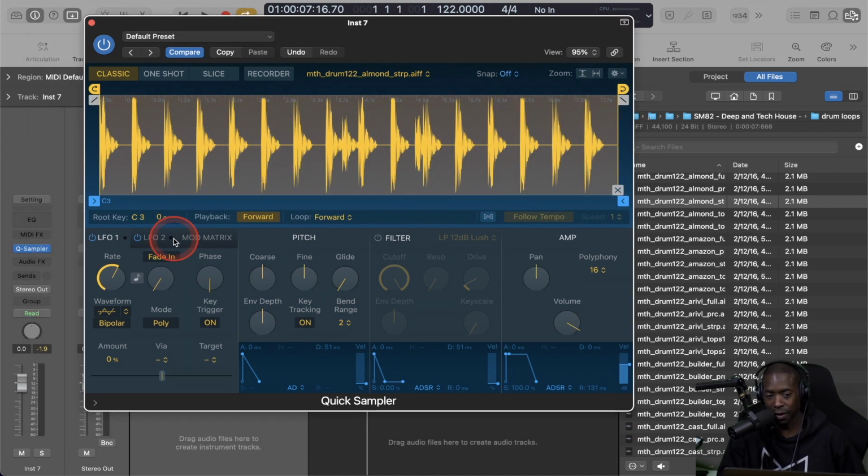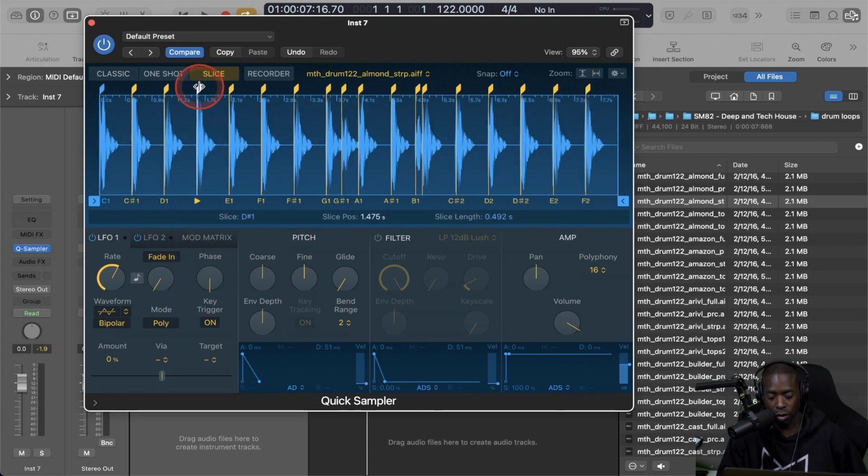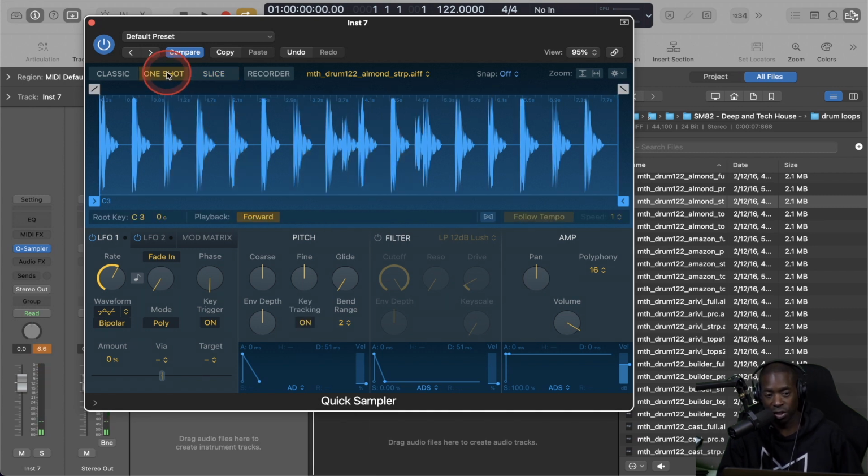This Quick Sampler is one of my favorite software instruments from Logic Pro. I can go to slice and it'll automatically slice the transients here into individual notes. I can go to one shot and it will play the sample in chromatic mode and play it straight through. You could change the polyphony here to 1, and this will re-trigger the sample every time you hit the pad, and